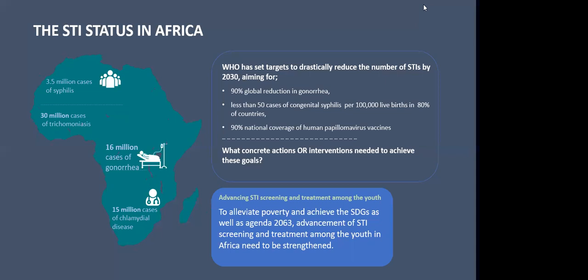Another area that we seem to be missing, because most of the time the information that we may have about contraceptives and the issues of STIs and stuff like that may come from the senior people within our families and environment. And so our parents are very important in this. They should never be left behind, because at times they hold very conservative ideas about contraceptives and maybe condoms. So they would come in handy. We don't need to leave them behind. We need the education and sensitization to also include them, so that when this comes from a parent, it's easily absorbed by the youth. The youth will easily embrace it.